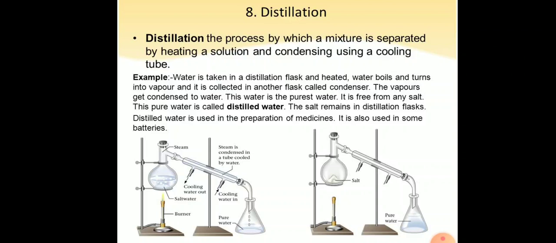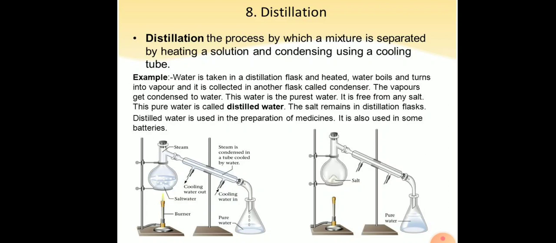A round bottom flask is put in which we have salt water. A burner is kept below that which keeps on boiling the water. Okay, you can see a condenser being kept. A condenser is attached to the round bottom flask. In the middle part of it, you can see a thin tube which is present. That is a tube which has cold water in it, which keeps on flowing. You can see an inlet which lets the cold water in and an outlet which gives out the hot water.